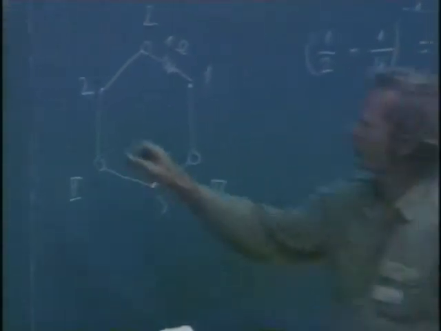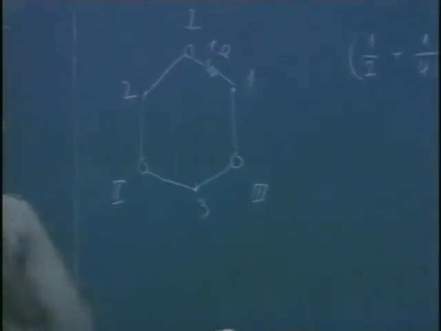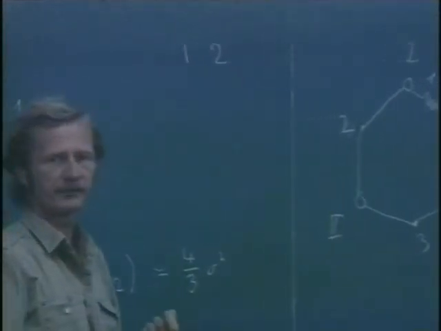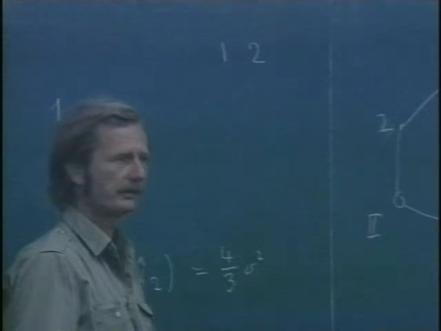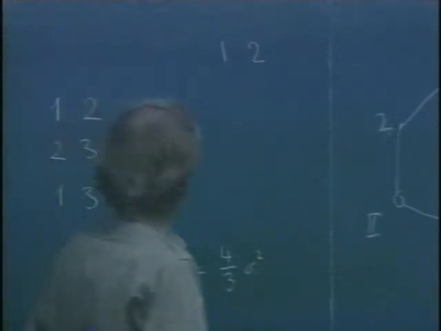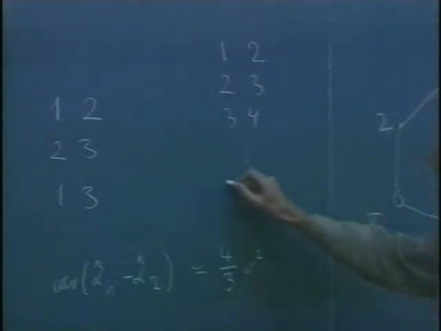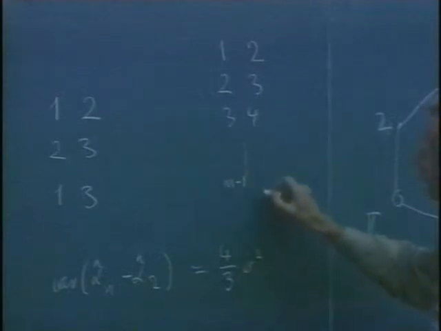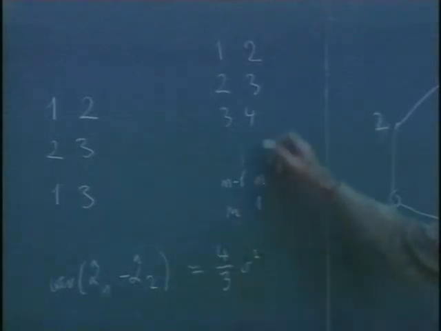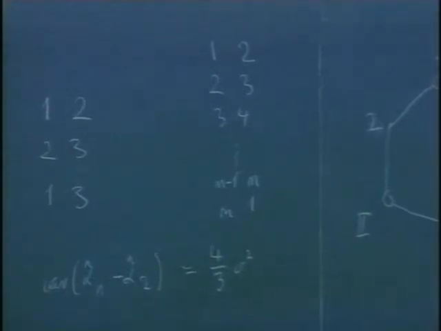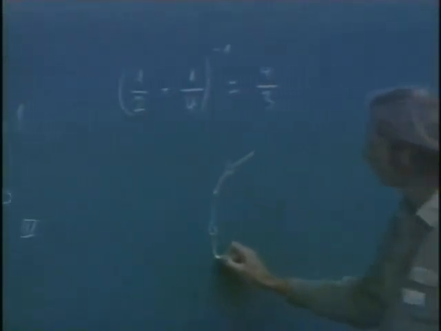An immediate generalization of this design is a design which has a similar cyclic network. I'm thinking of a design with block sizes 2 and with the number of blocks equal to the number of treatments, each treatment being repeated twice. So 1, 2, 3, 4, and so on, ending up with n, then we end up with n minus 1, n, and then just to close the circle, n, 1 here. A design like this would have a graph looking like this, except that it would be bigger, consisting of a whole circle looking like this,